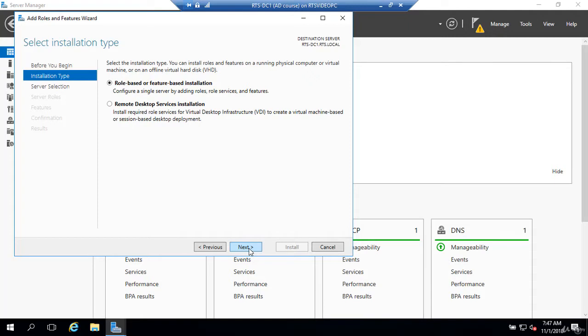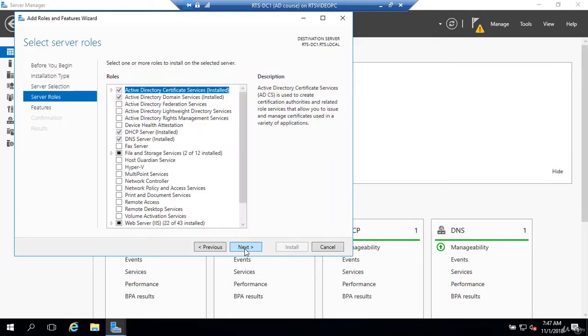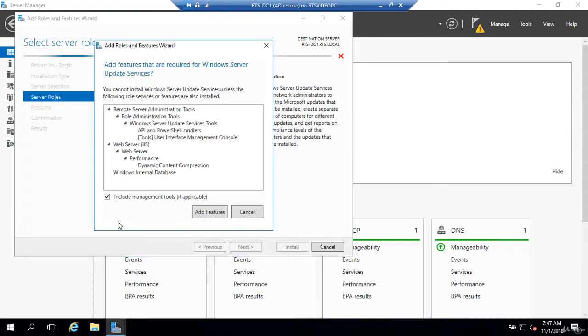Role-based or feature-based, we'll click Next again. This is the machine I want to install this on. Next. When we get to the server roles, if we scroll to the bottom of the list, the very last thing is Windows Server Update Services. So that's our WSUS. And in this list that pops up, I can see it's going to install the administrative